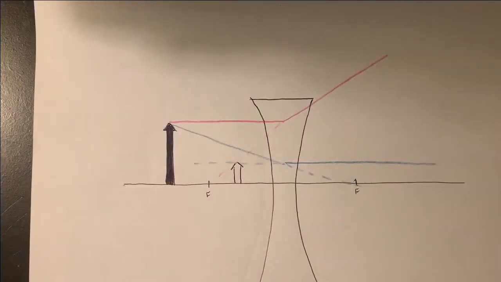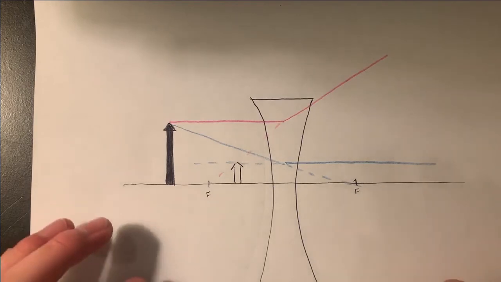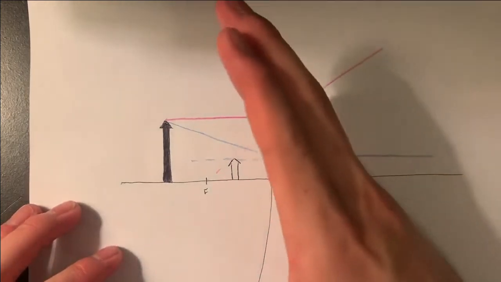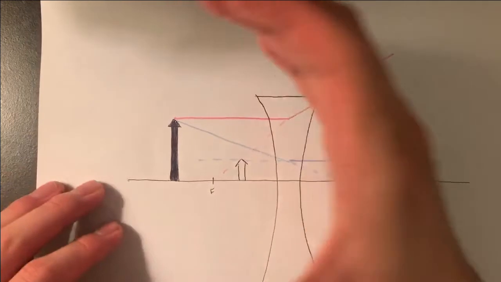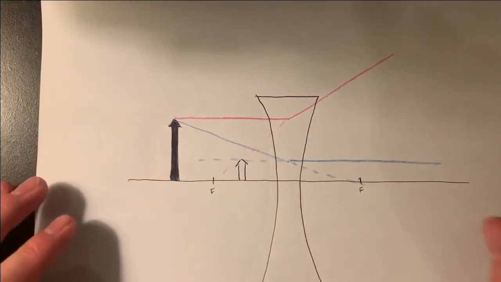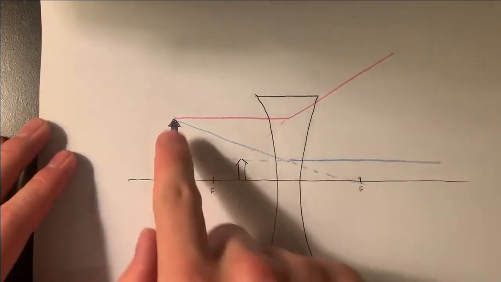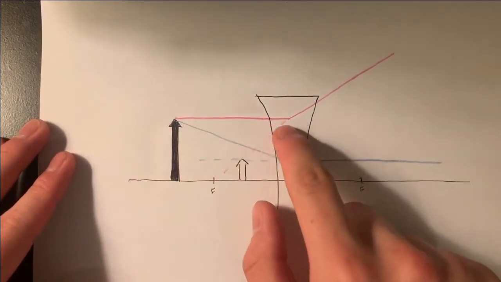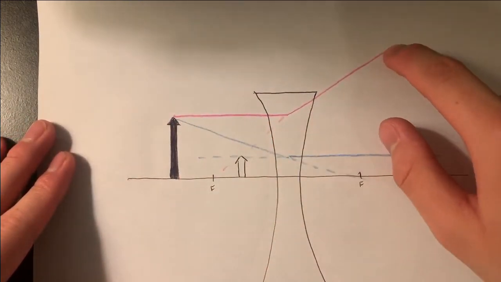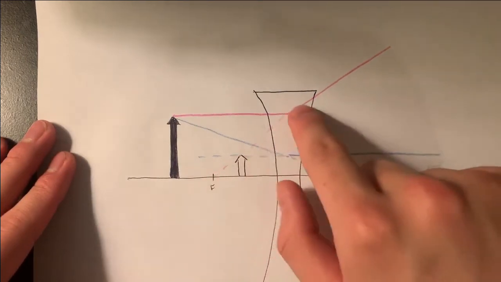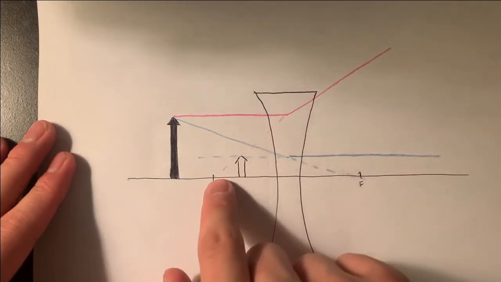So now that we talked about converging lenses like a magnifying glass, we can look at a divergent lens, or in this case, a concave lens, because it's like a cave where light comes in. So in this case, light is spread outwards rather than converging inwards. If we're to draw a ray of light coming from the top of the object to the lens, it will spread upwards, and it will follow the same trajectory as it does coming down to the focal point on the